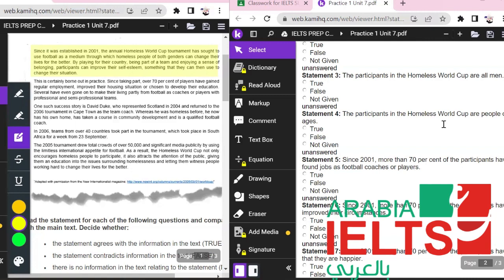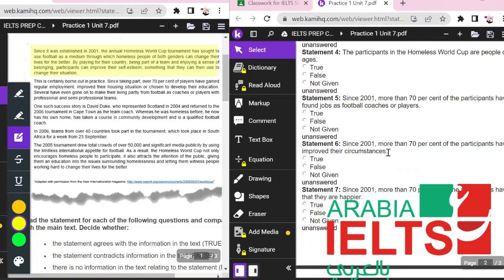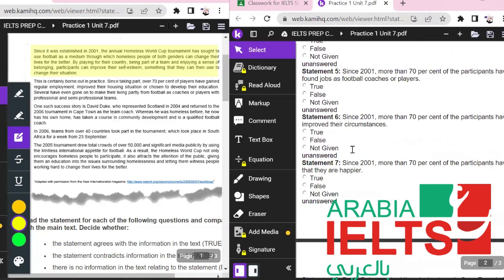We don't need to write down not given. Now, statements 5, 6, and 7 compared to the next passage. Since 2001, more than 70% of the participants